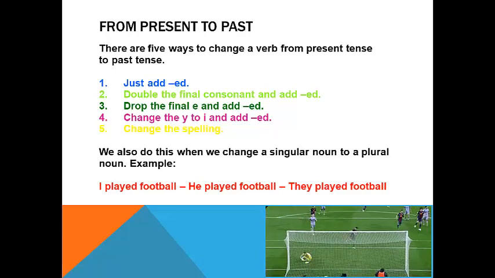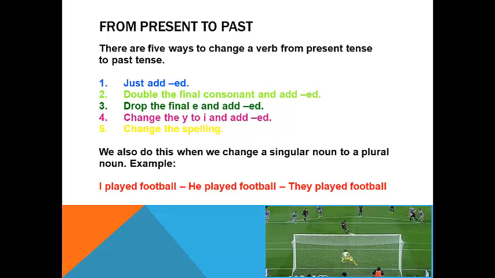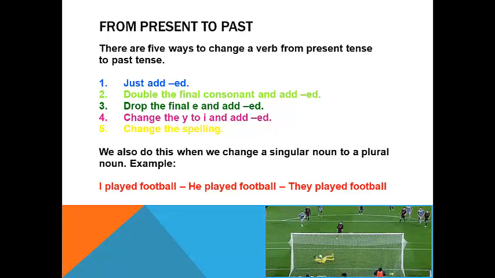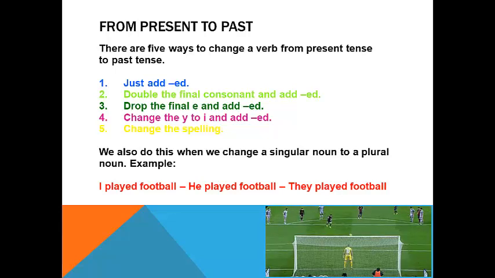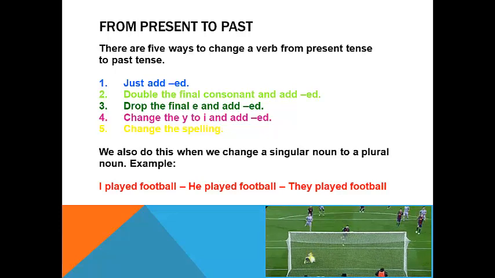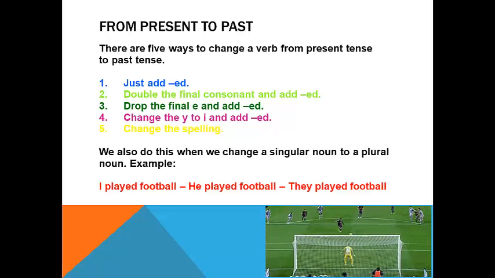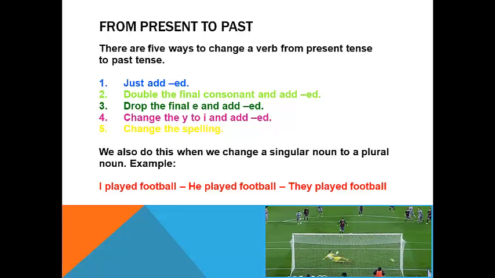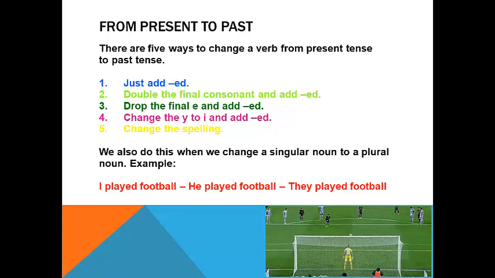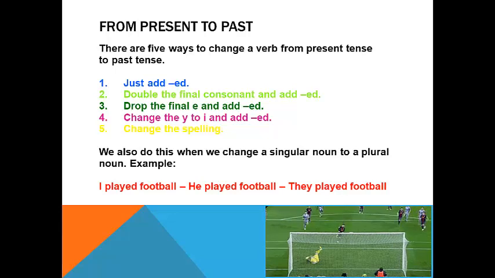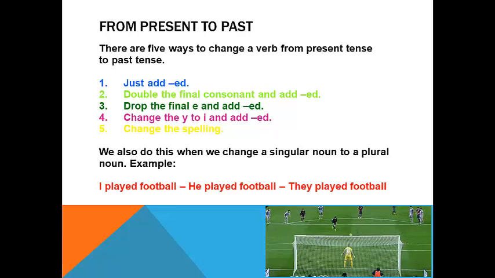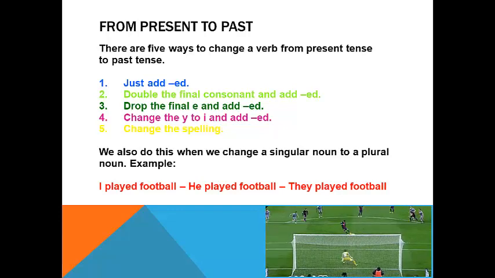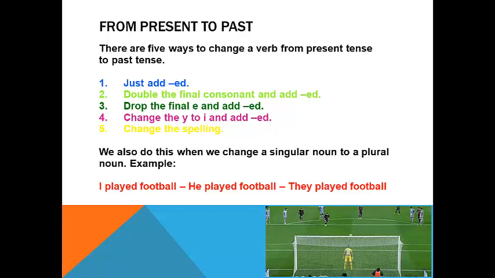When I say, for example, I played football, in Spanish, yo jugué fútbol. He played football, él jugó fútbol. They played football, ellos jugaron fútbol. As you can see, the verb played is used for all the personal pronouns in the same structure. Played, played, and played.